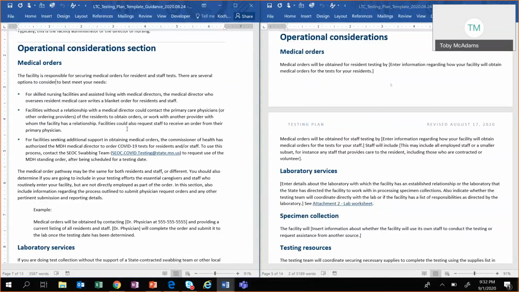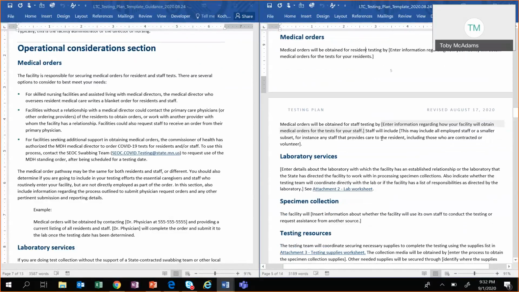So reach out to local public health, reach out to your healthcare coalition, reach out to your peers within the community and ask, how are they going forward with securing medical orders? So in the template, though, what I want to point out here is that we have a section that has been divided up between resident strategy and staffing strategy. So what is the process you're going to take with obtaining medical orders for your residents and enter that information? And what is the process for your staff